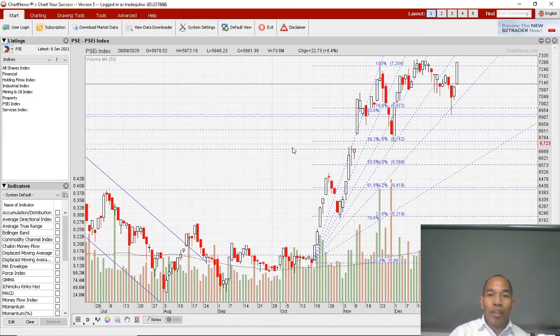As you can see here on my screen, this is the PSEI index. So I'm using candles to aid me in my analysis, and I've drawn Fibonacci Retracement and Fibonacci Fan. This is what I normally use in my technical analysis. As you can see,